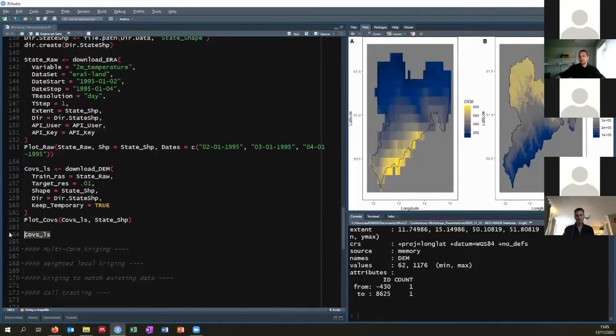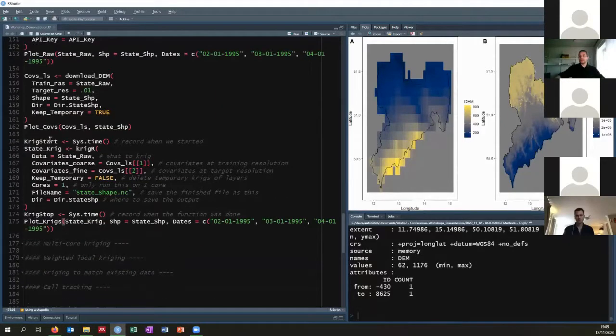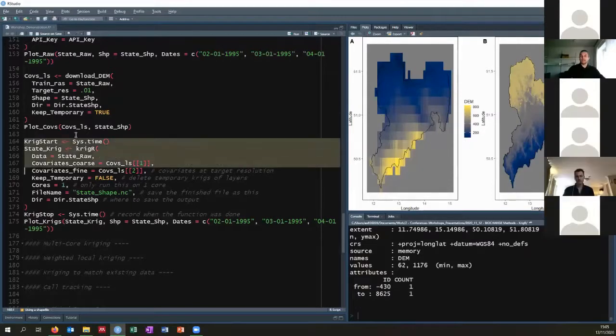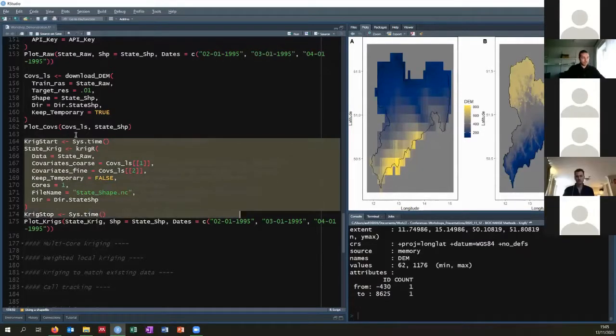And for this, we can now run the KrigR again, specified the exact same way as before, just different input data sets, and that shapefile, of course. When we run this,